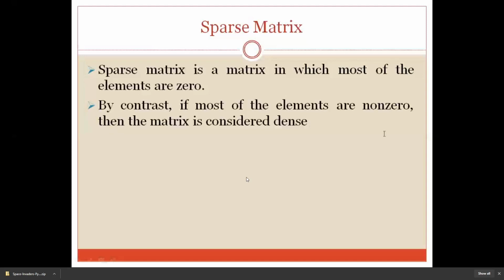Compulsory you have to represent matrix in a two-dimension array. Am I right? No, ma'am. Then how are you representing matrix? How do you represent matrix?